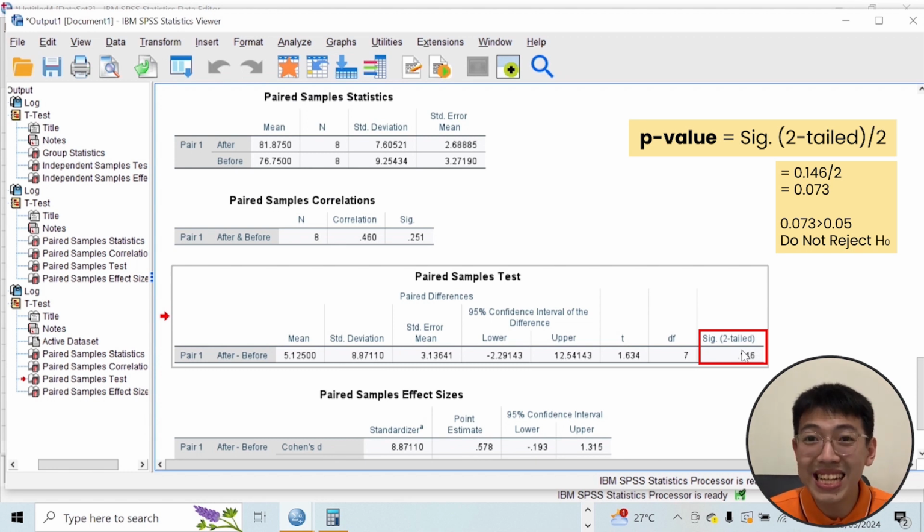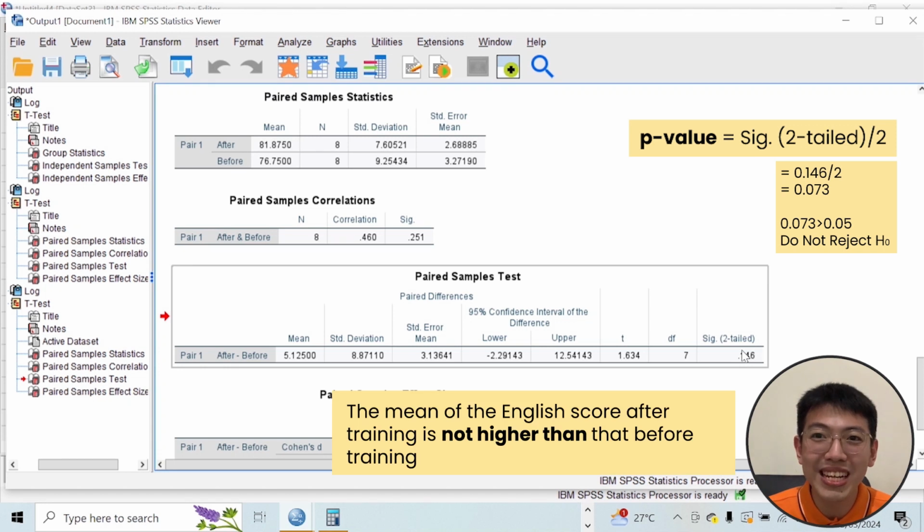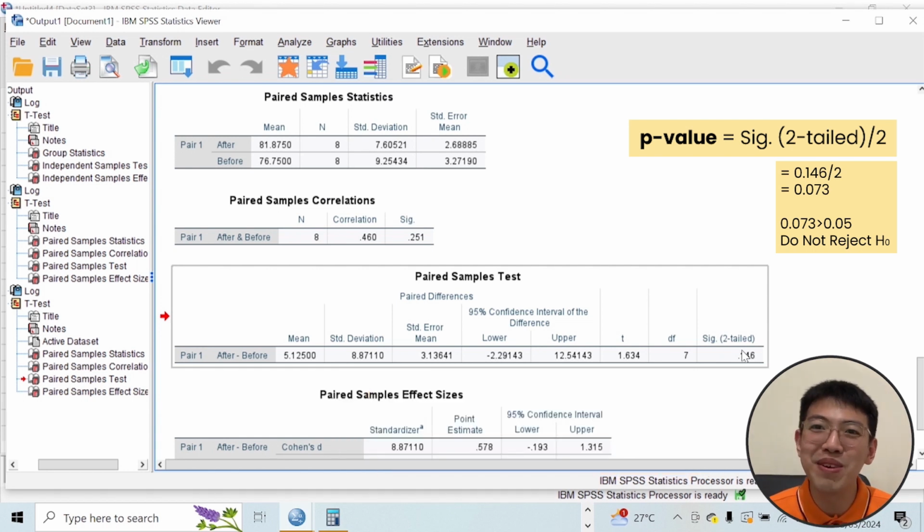Or we can say that the mean of the score after training is not higher than the mean of the score before training. It strengthens the argument that the training is not too effective because the score after training is not higher than the